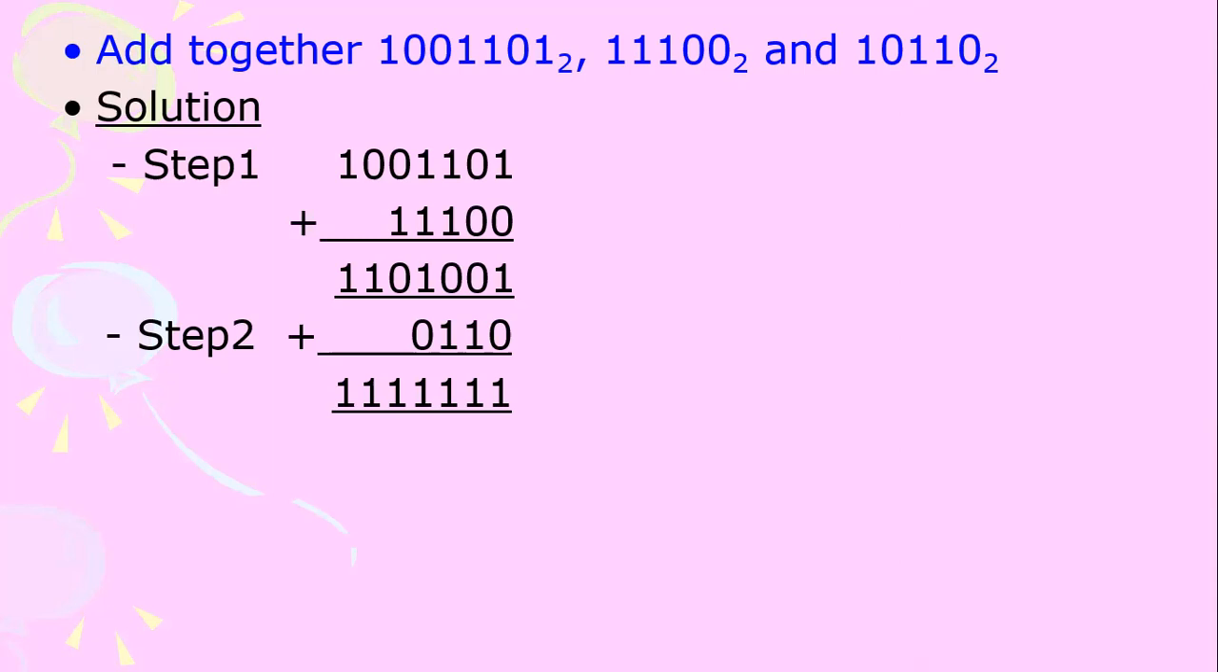1, 0, 0, 1, 1, 0, 1. When we add to 1, 1, 1, 0, 0, we have gotten from the least significant side 1, 0, 0, 1, 0, 1, 1. So if we add to 8,